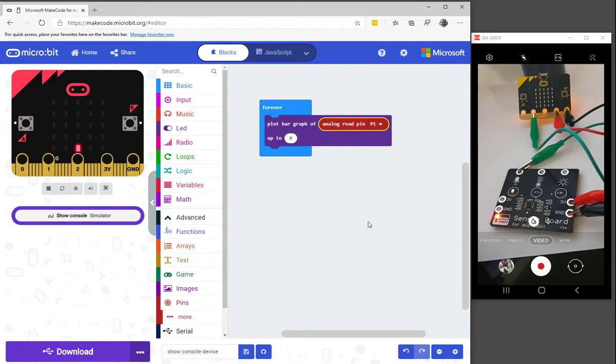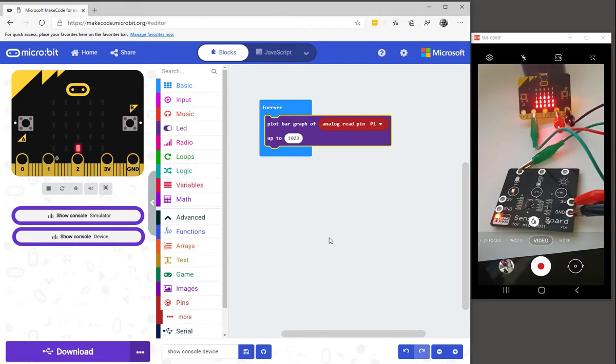From the reading that I did, I'm aware that it will report data up to 1023. When I download the code to my microbit, you can see that half the LEDs light up. If I play some loud music, you can see that the LEDs light up, but when it's really quiet, it looks like there's still a whole